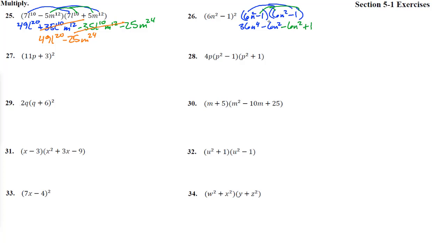Now when we see what that does coming together, these two middle terms don't cancel, and we get 36n to the 4th, which we thought we were going to have, but now we have a middle term of minus 12n squared, which if you look is just double that number, plus 1. Great, let's try another one. 11p plus 3 all together squared means we really need to write it as 11p plus 3 times 11p plus 3. That's what squared means, the whole thing is timesing itself,